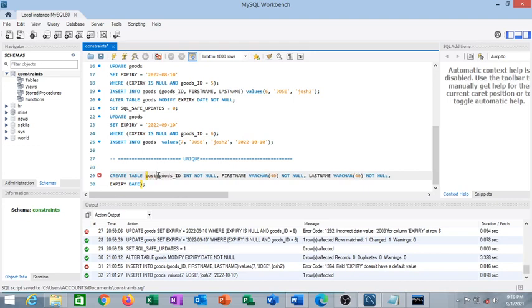The table can be customers, then this automatically will be customer ID. We are saying not null, which is okay. We can choose to change this